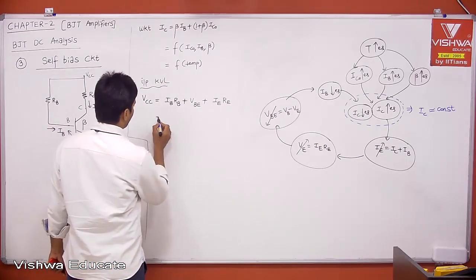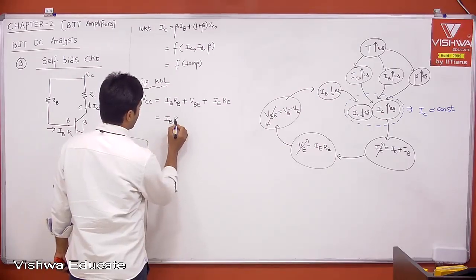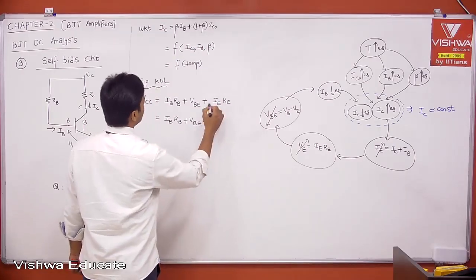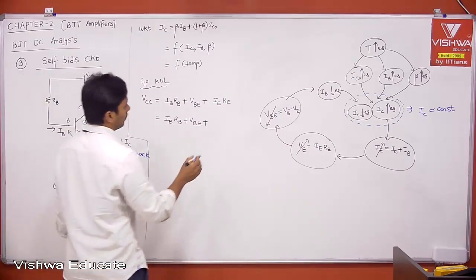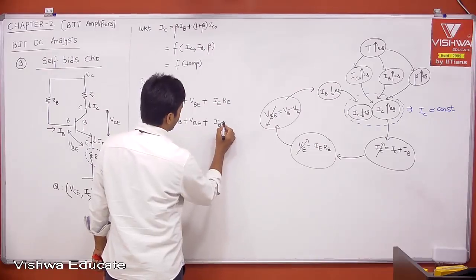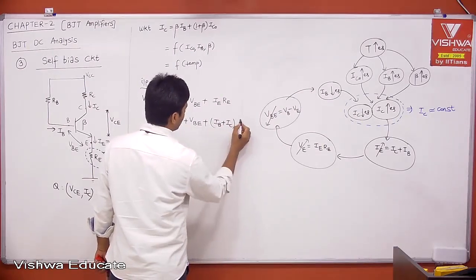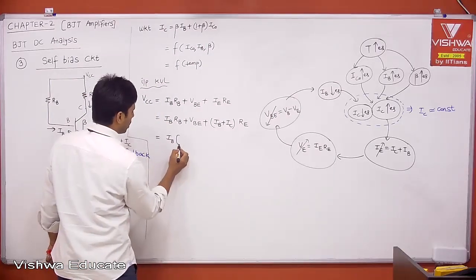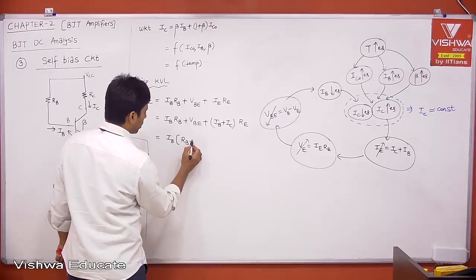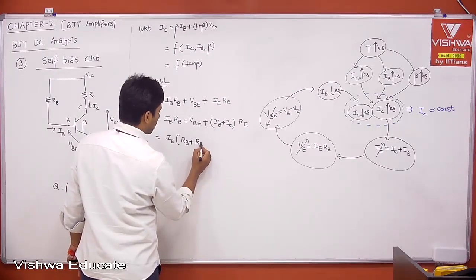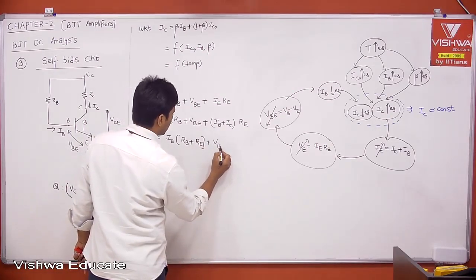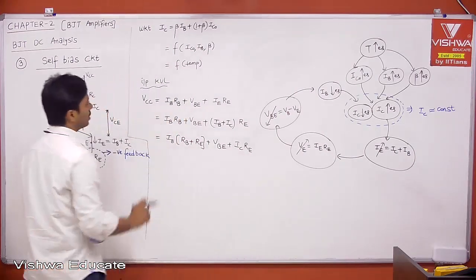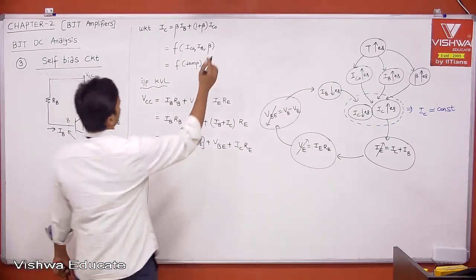Then you substitute, therefore IB into RB plus VBE plus, what is IE? IE is nothing but IB plus IC. IB plus IC into RE. Can I take IB common? If I take IB common, I will get RB plus RE, plus VBE plus IC into RE. This is what is VCC, right? Then if you take this as star